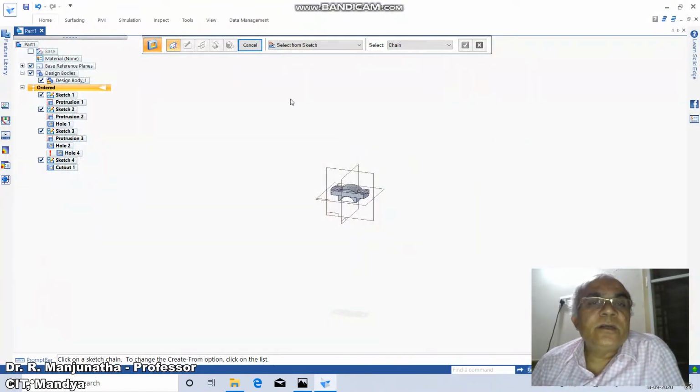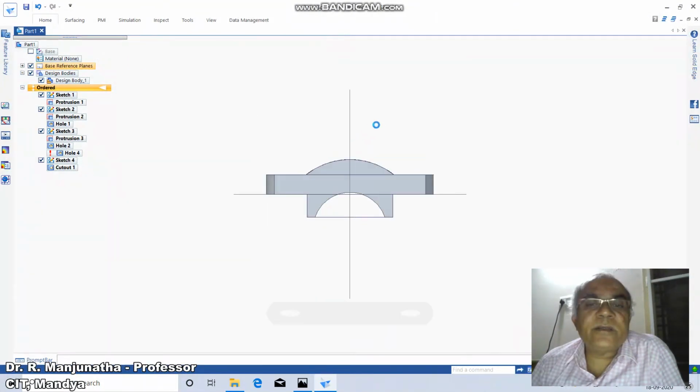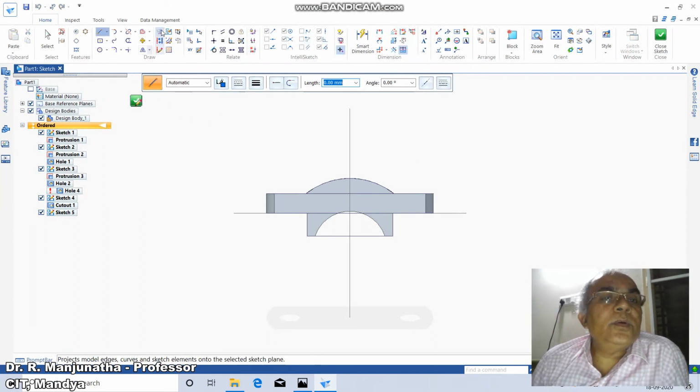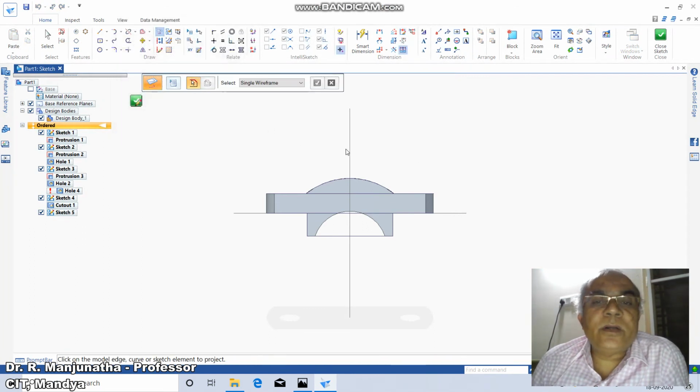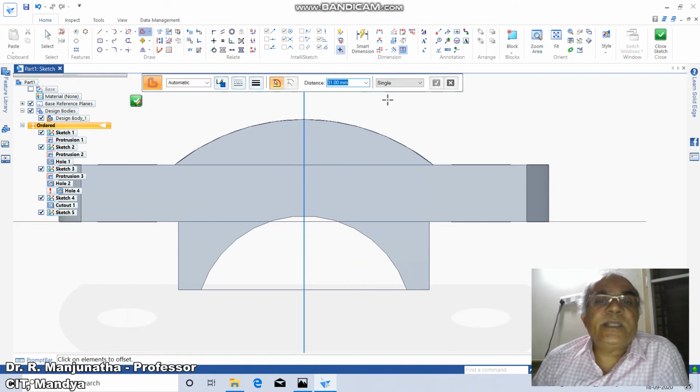First go to Home, click on Sketch, click on this surface, come down to Project to Sketch, click on this, take Zoom Window, then go to Offset, take the distance as 3 mm.